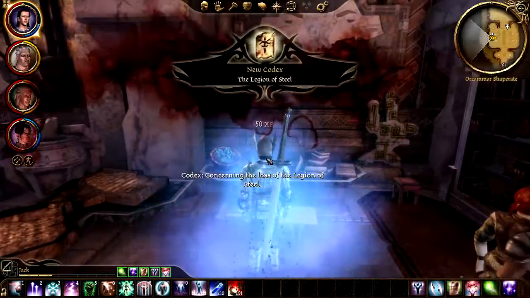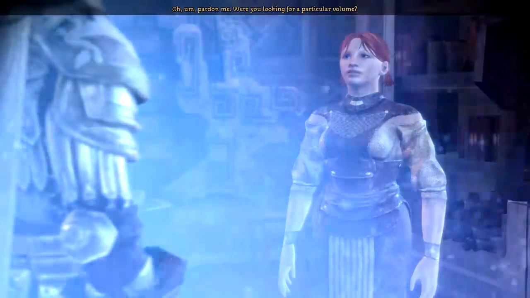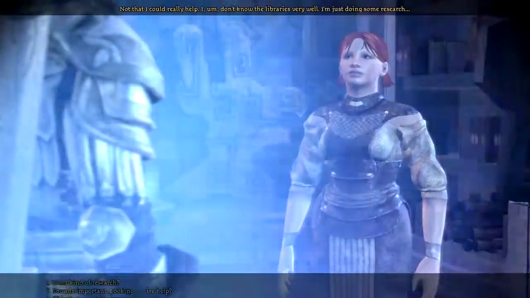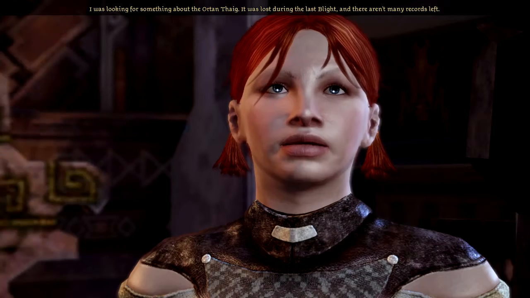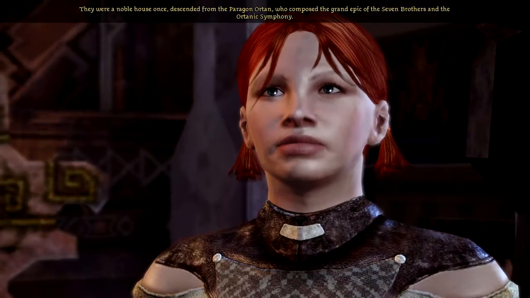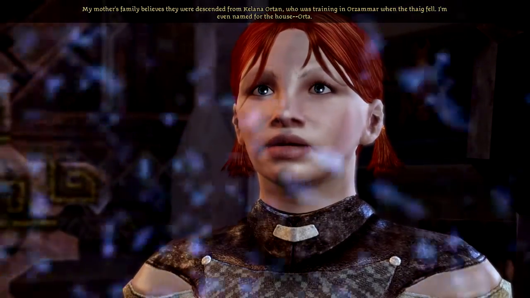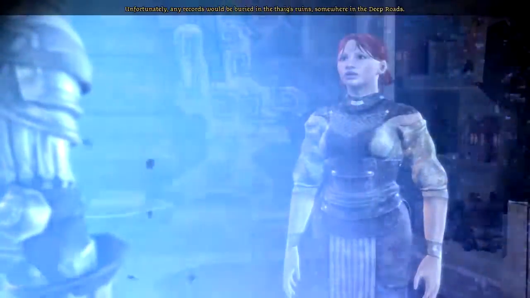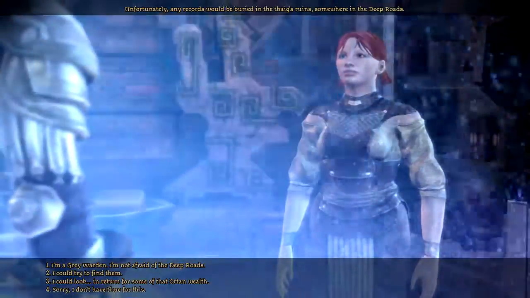Excuse me? Oh, pardon me. Were you looking for a particular volume? Not that I could really help. I don't know the libraries very well. I'm just doing some research. What kind of research? I was looking for something about the Orton Tig. It was lost during the last Blight, and there aren't many records left. They were a noble house once, descended from the Paragon Orton, who composed the grand epic of the Seven Brothers and the Ortonic Symphony. My mother's family believes they were descended from Kalana Orton, who was training in Orzammar when the Tig fell. I'm even named for the house, Orta. Unfortunately, any records would be buried in the Tig's ruins, somewhere in the Deep Roads. And considering the last Blight was 400 years ago,